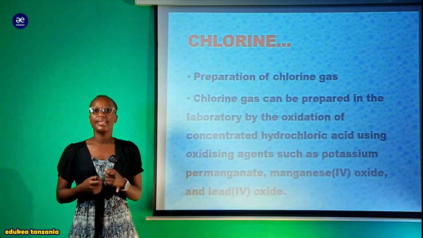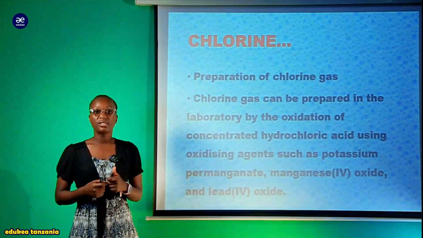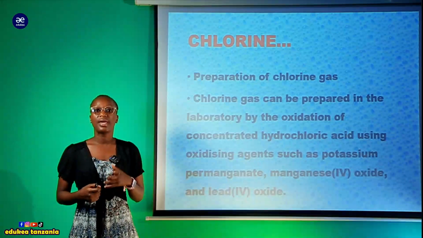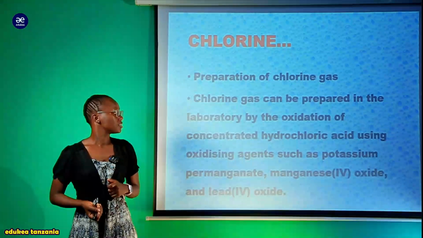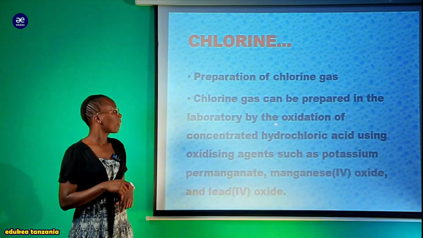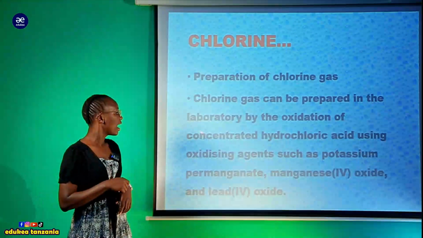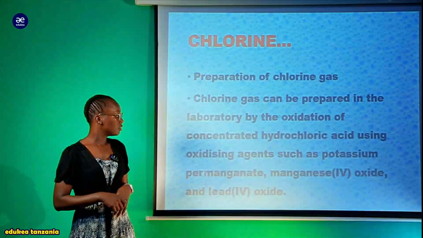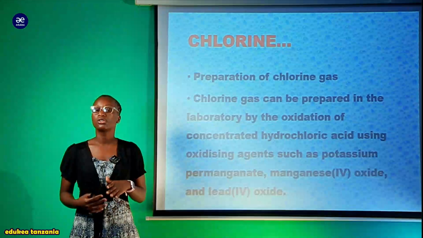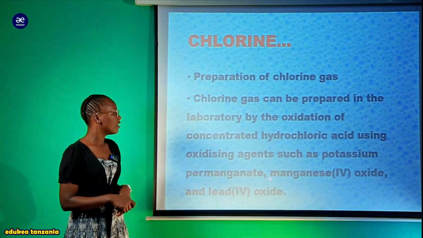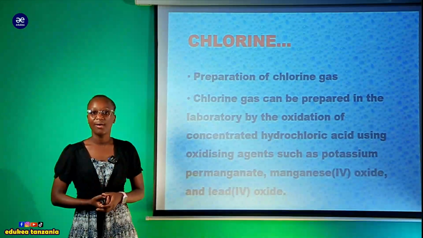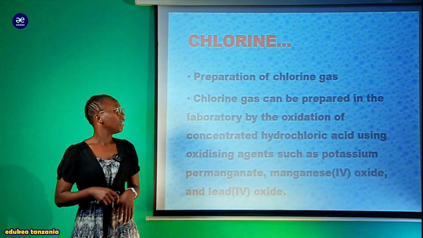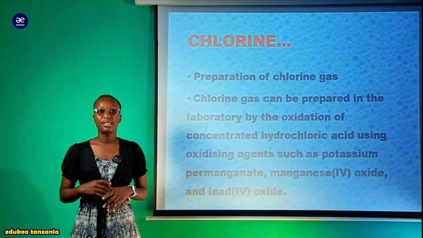some of the oxidizing agents, those substances which will lead to the reduction reaction, are involved, so that we are able to produce the chlorine gas. So it involves oxidation. So the concentrated hydrochloric acid using those agents ambazo ndio kama hizo tumesema potassium permanganate, those strong oxidizing agents. Vile vile kuna manganese 4 oxide, lead 4 oxide. So these tend to be used so as to enhance the production or the preparation of chlorine gas in the